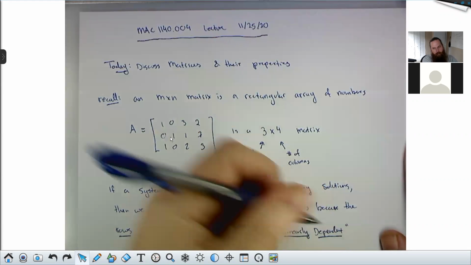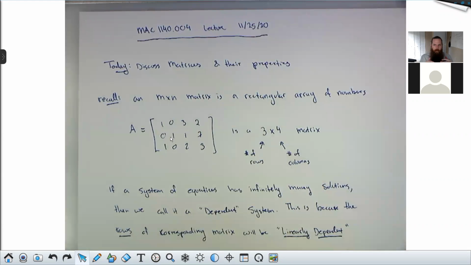What linearly dependent means is that you can add up combinations of the rows to get one of the other rows. For example,